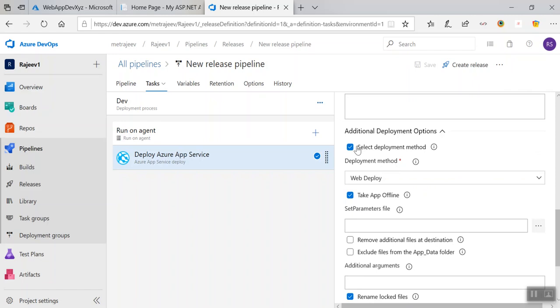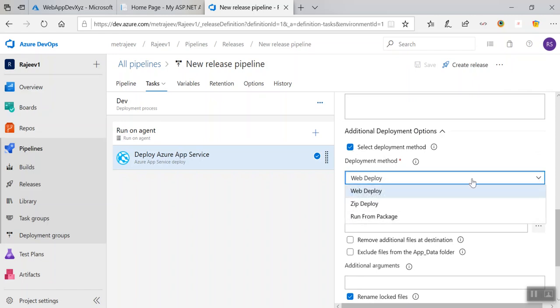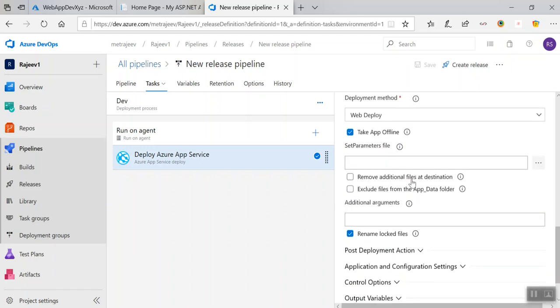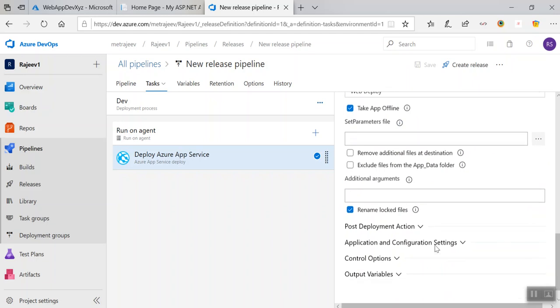Now if you select the deployment model, there will be different versions. Zip will also be there, and you can take a zip. For Angular you can take a zip and deploy it. But for .NET Framework, I'm just running from web deploy concepts, so this you need to take care of. And then take my application offline. At that point of time you can do these things.